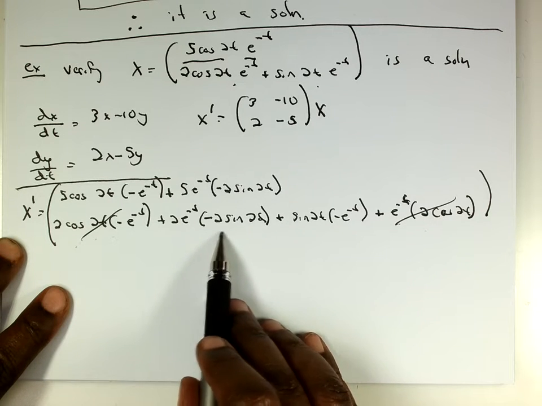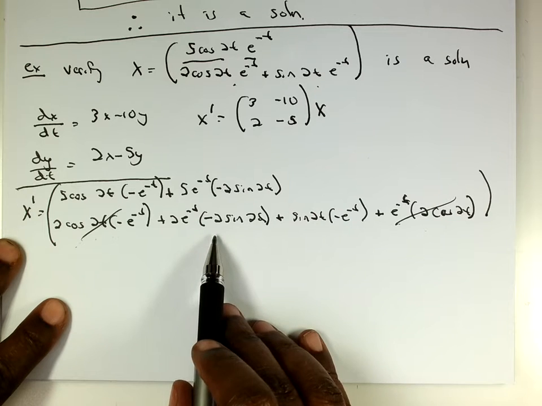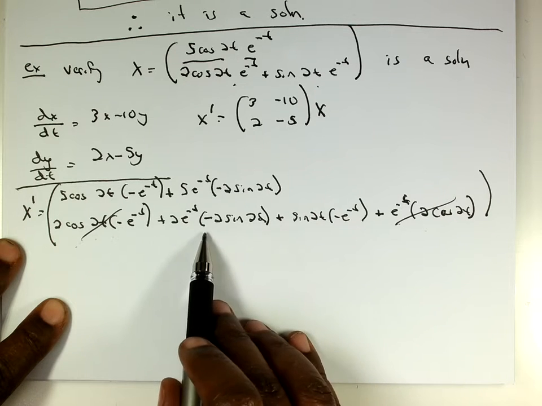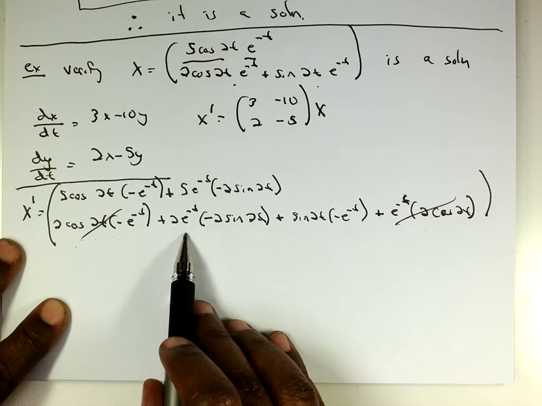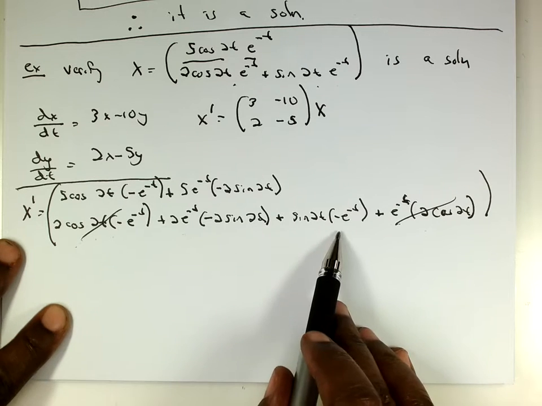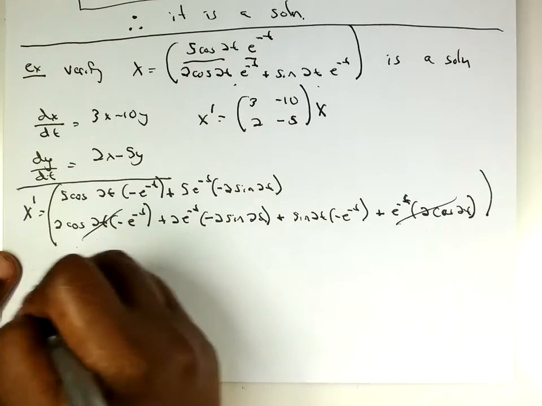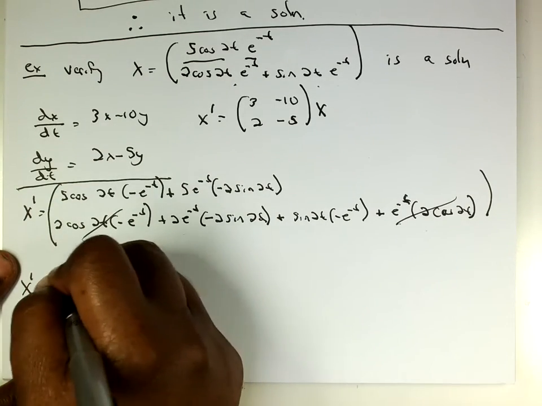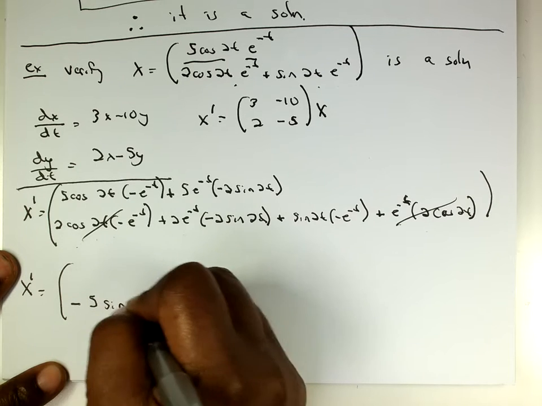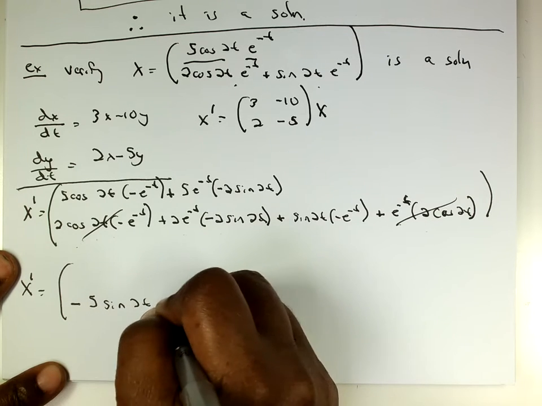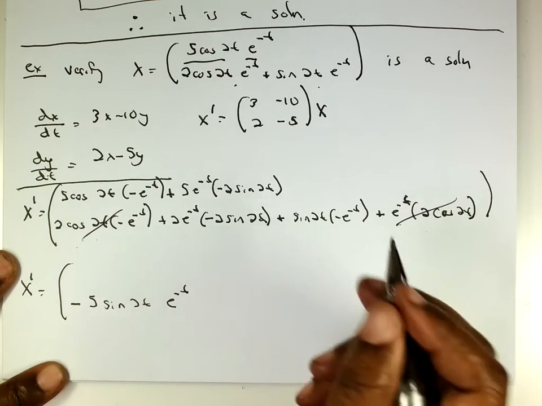And then these two can be combined as like terms because they're both sine 2t e to the negative t, and that gives me a negative 4, and that gives me a negative 1 coefficient. So x prime, the bottom just combines to negative 5 sine 2t times e to the negative t,